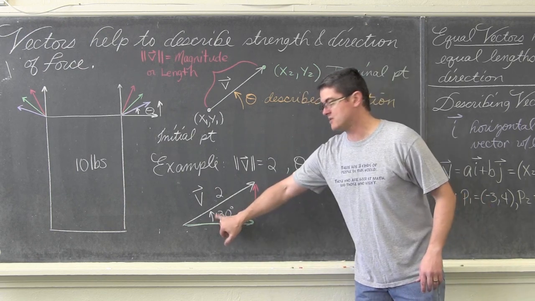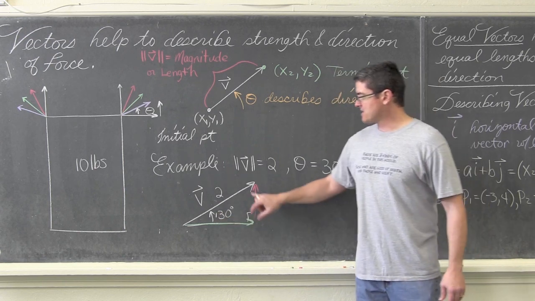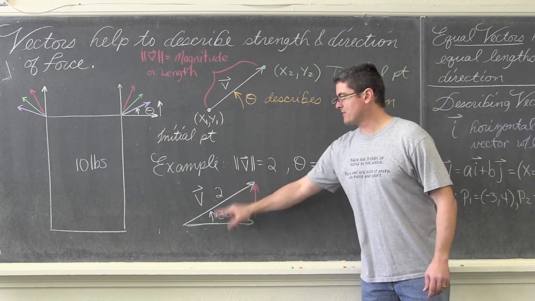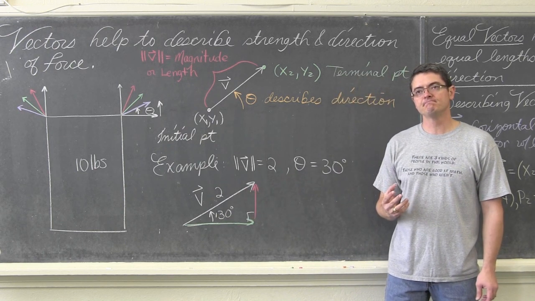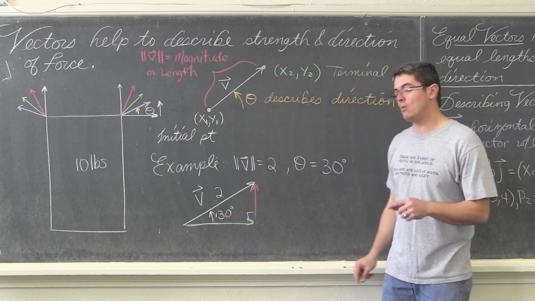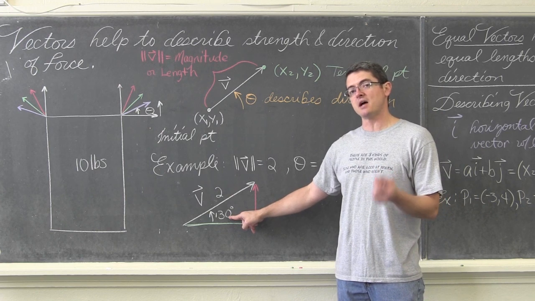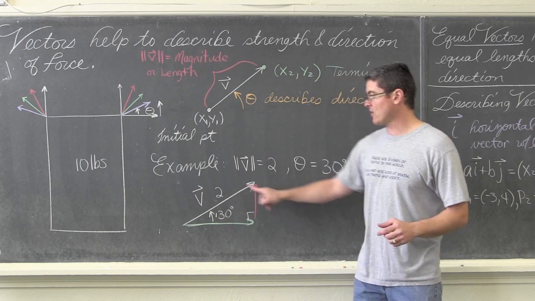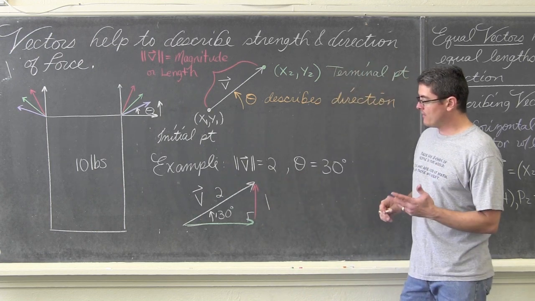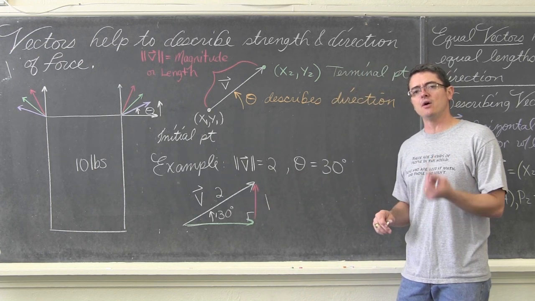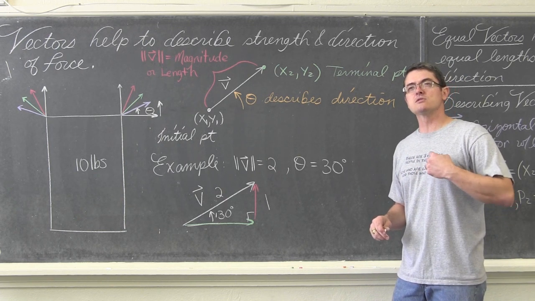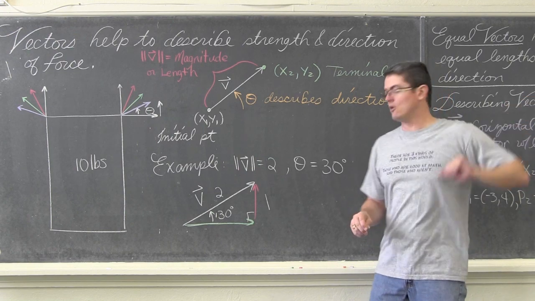That looks like 130, but that's paint on my board. Sorry about that. So this is a 60-30 triangle. What are the sides? What are the ratio of the sides of a 60-30 triangle? If it's been so long since you've thought of that, maybe you might know what the sine of 30 degrees is. The sine of 30, which is opposite over hypotenuse, is 1 over 2. Now, okay, that worked. What's the cosine of 30? The cosine of 30 degrees off the unit circle is square root of 3 over 2.